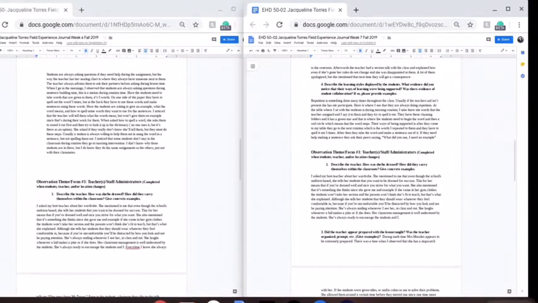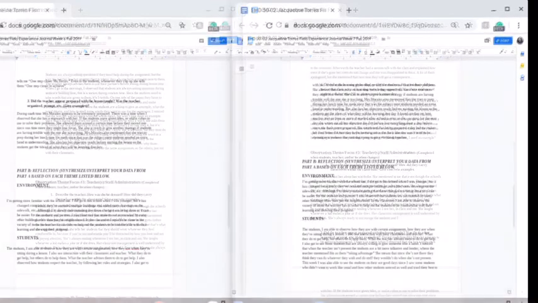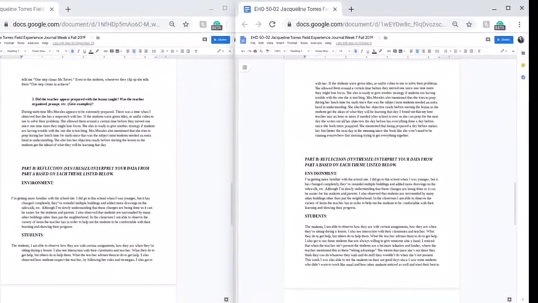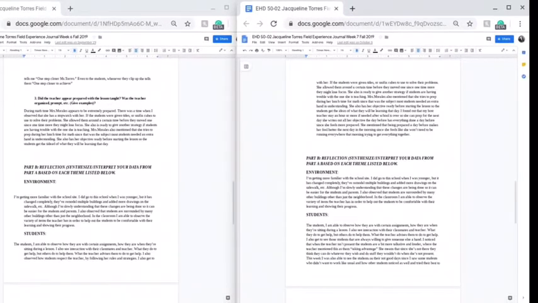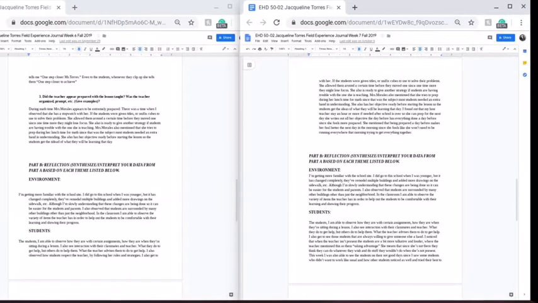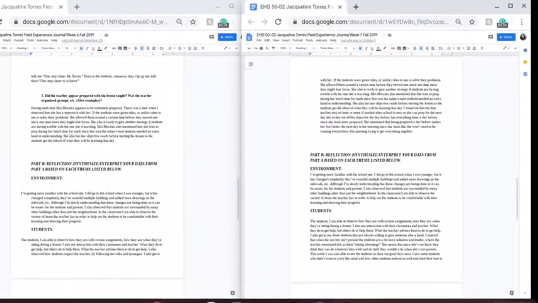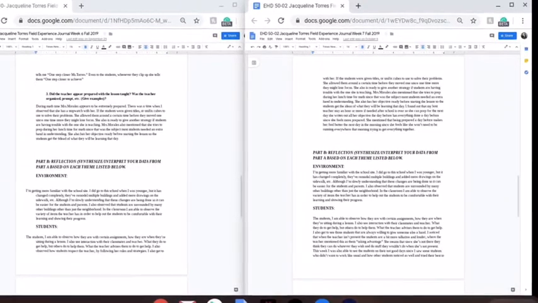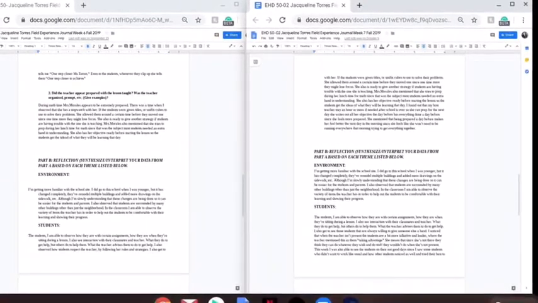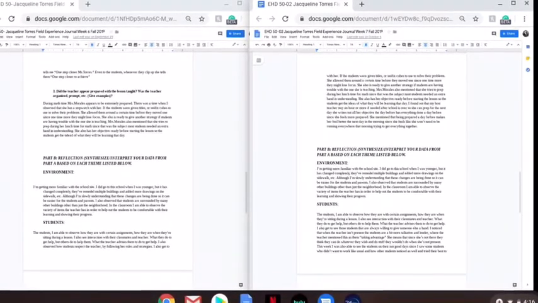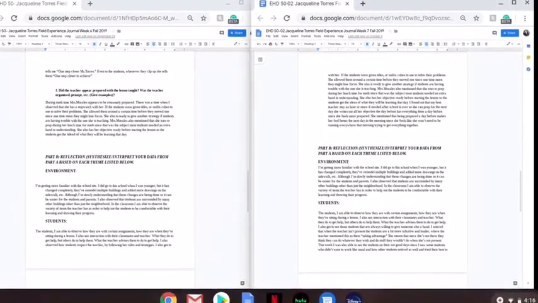And for part B and reflections, I put down more information that I didn't write down in the questions that I did give, but I put it in the section that it had, like environment. If something was going on that day, say they were doing a fire drill or any other drill or anything that had to do with the environment of the school, I put down what I didn't mention probably in the questions that I was provided to ask.